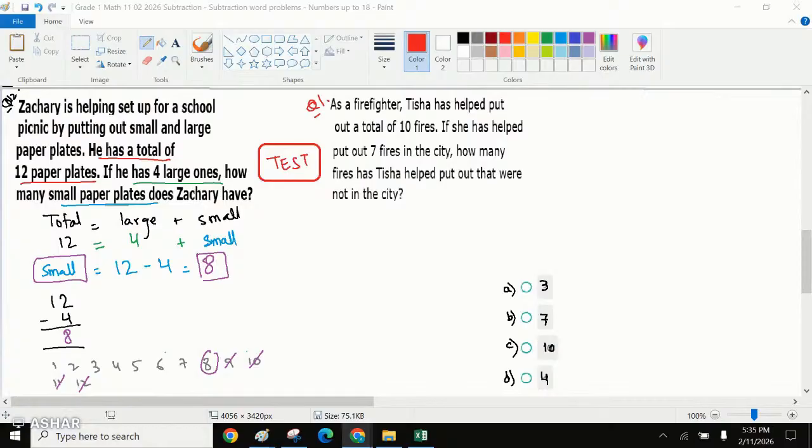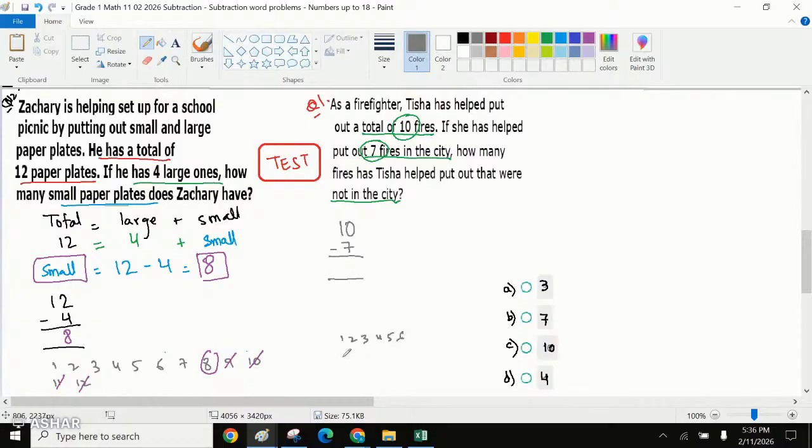See, how many fires were there in total? There were total 10 fires, right? Out of those 10 fires, 7 were in the same city. That means the remaining should be not in the city. That means we have to find 10 minus 7. And 10 minus 7 is